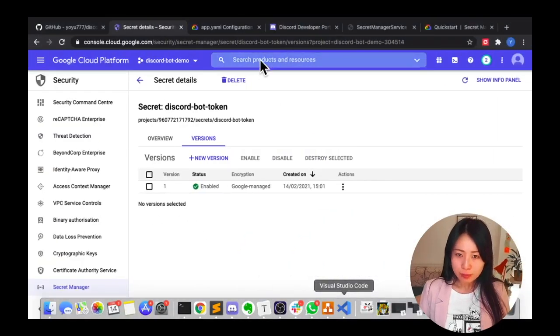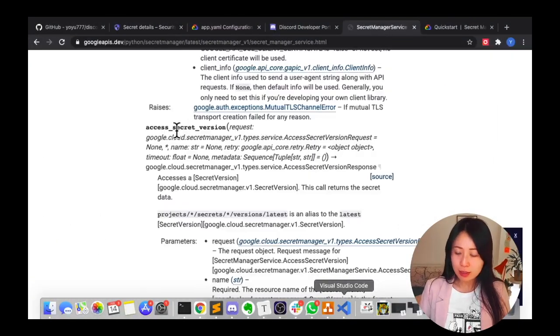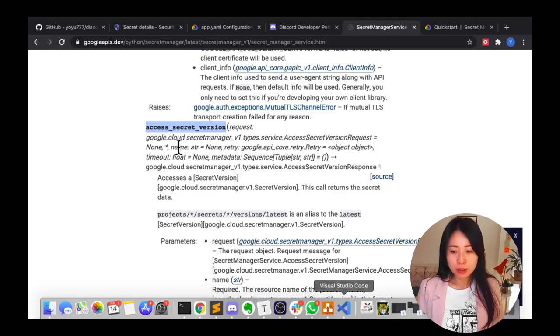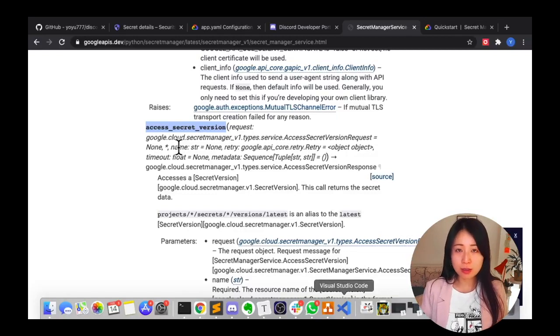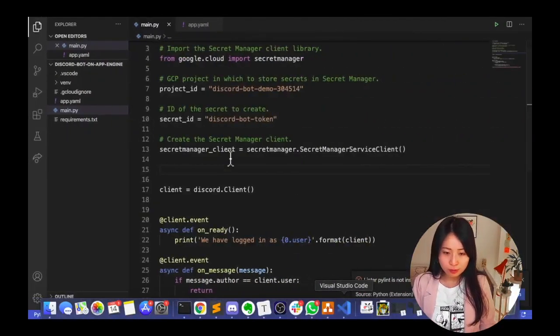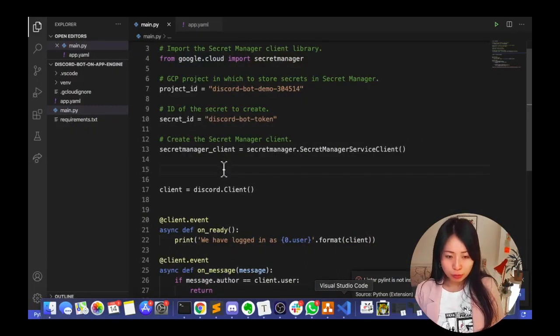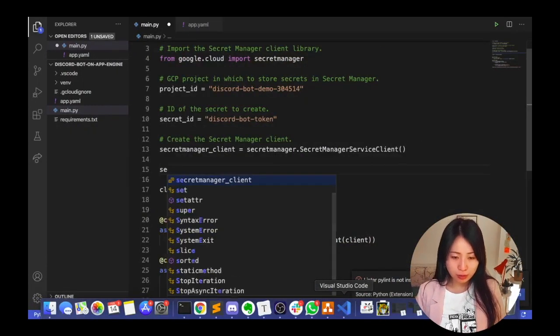So I think this method is what we need, but when you come across a new library like this, it's quite normal that it takes some trial and error to figure out exactly which method to use and how you can access certain things. But that's fine. We can just give it a go for now. So I'll copy this method. And because it's a method of the secret manager client,